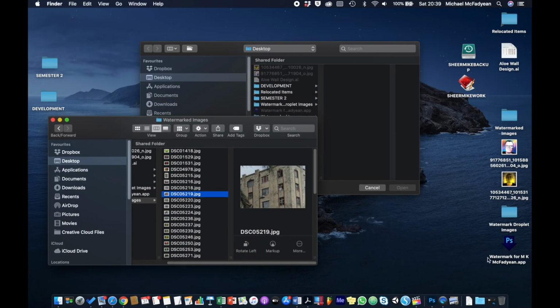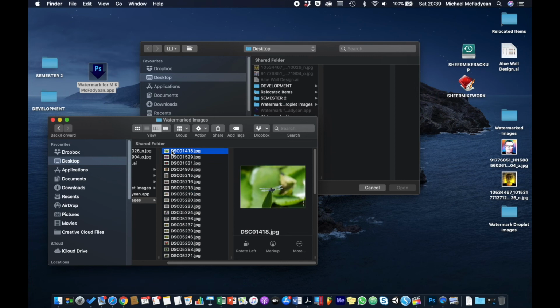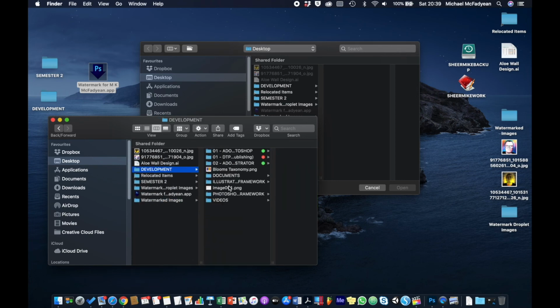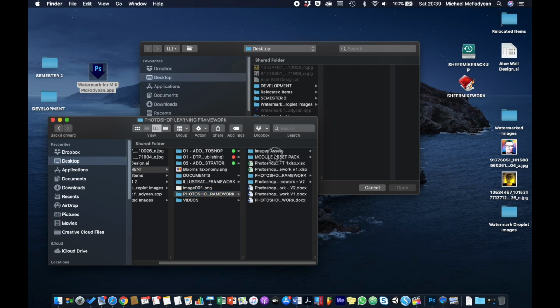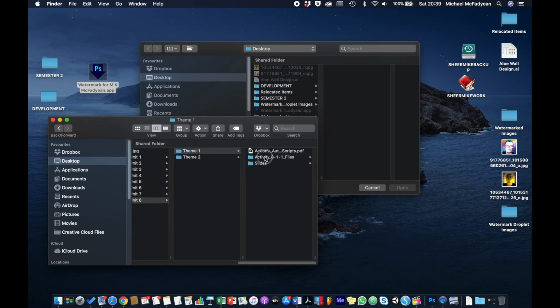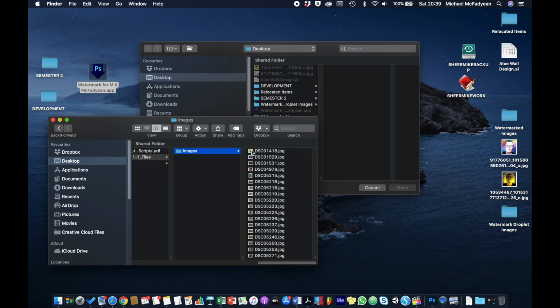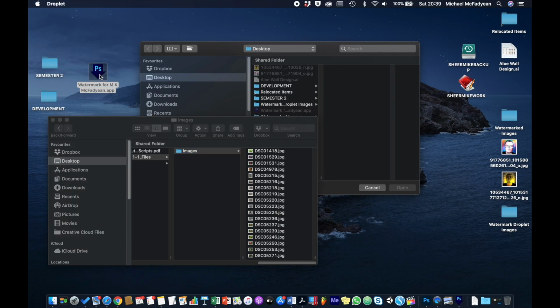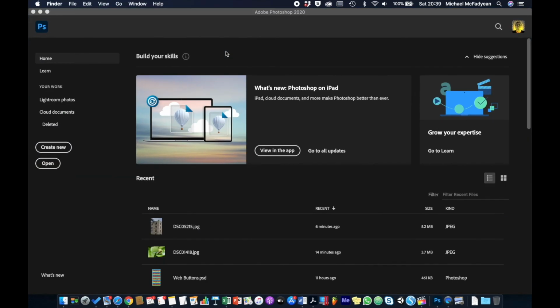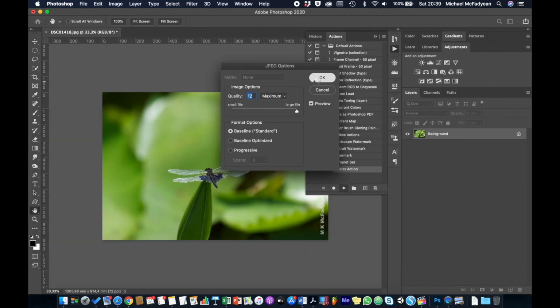So now if I minimize Photoshop and go to my desktop, over here is my droplet. You just pop it there. And all that I do when I want to process an image is, let me go to my original images over here. So all I do is I drag an image onto the droplet and drop it, and it processes it, opens Photoshop. I'll just press OK,